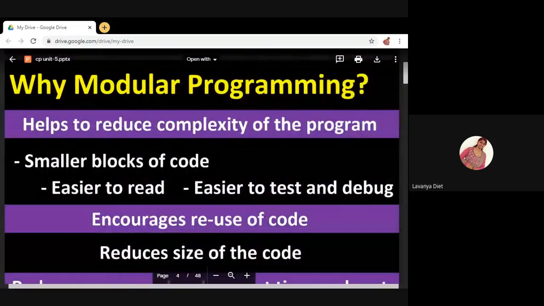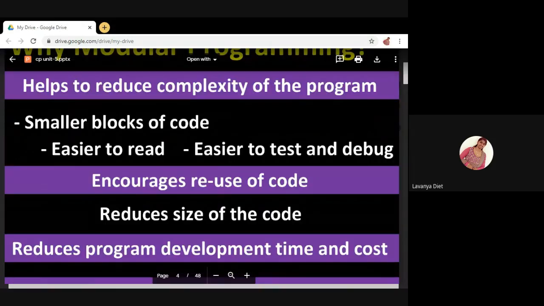The first advantage is that it helps to reduce the complexity of the program. The second advantage is smaller blocks of code. They are easier to read, and easy to test and debug, meaning finding the errors and rectifying them.